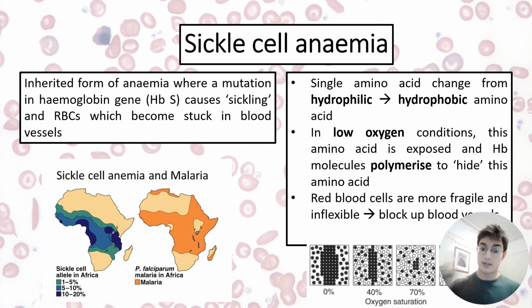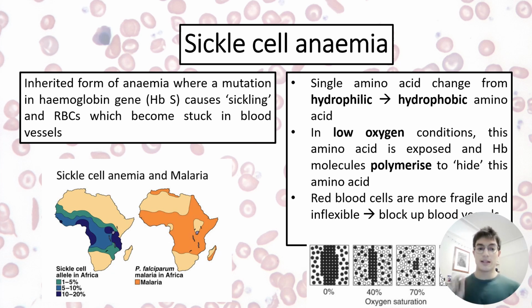But actually, these sickle cells are quite fragile, but they're also quite brittle, so they can get stuck in small vessels, and that can cause cell death because there's not enough oxygen getting to tissues. And if we talk a bit about the exact mechanism,